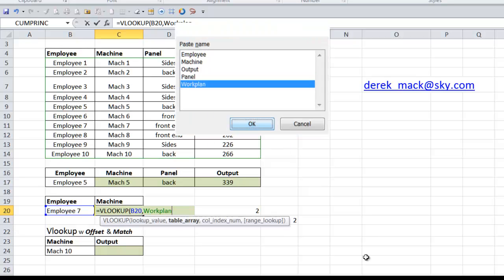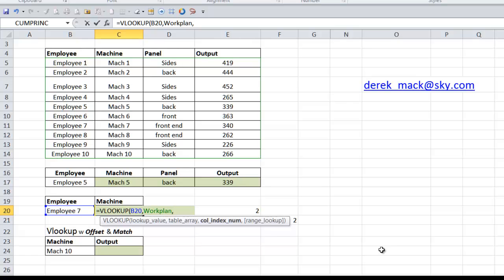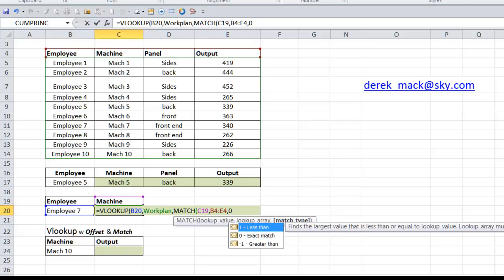Work plan, comma. But to pick the column number, we're going to use the match function, and we're going to say match this here, in this case it's going to be machine, comma, from this single row array here, comma, it's an exact match,